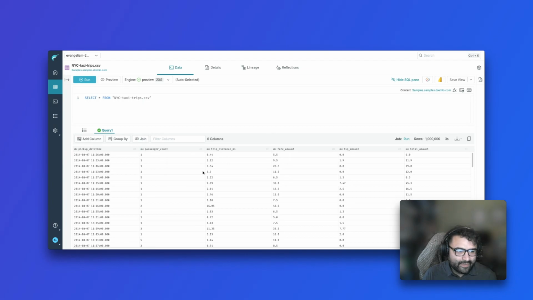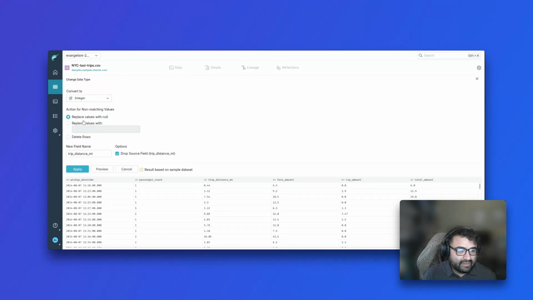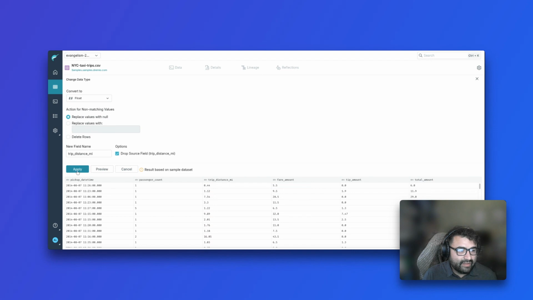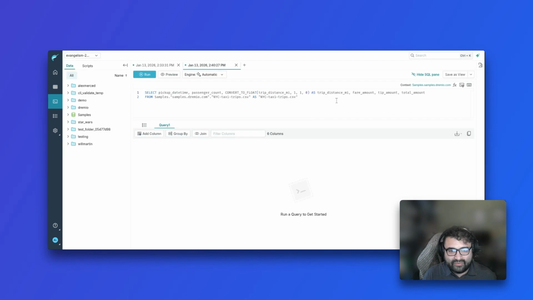So again, if I want to change this into a number column, I just go to convert data type. It's going to ask me what data type I want to convert it to. In this case, I want to convert it to just a number. Actually, I don't think a number will work since it has a decimal point. Float. There we go. I'm just going to hit apply. And what this does is write the SQL for me. So you see there, it created the SQL to convert that data field. Now when I run this SQL again,